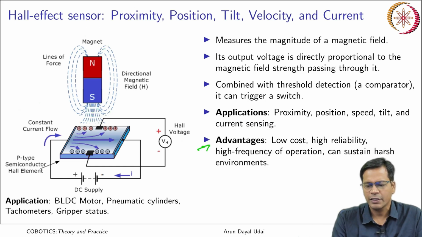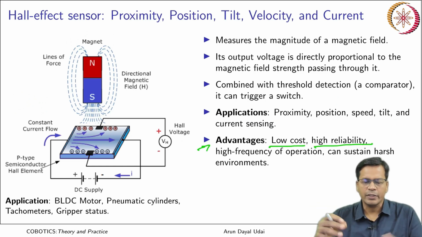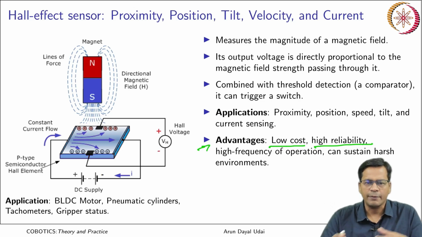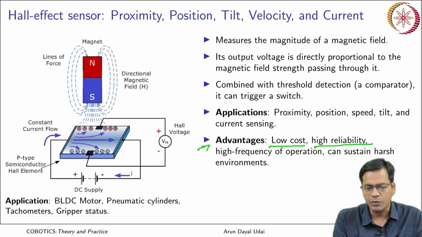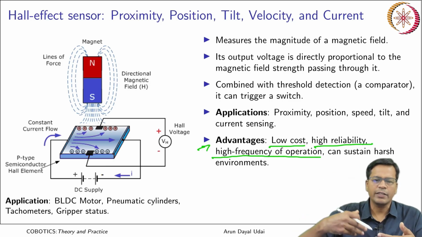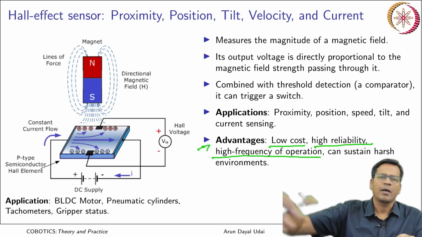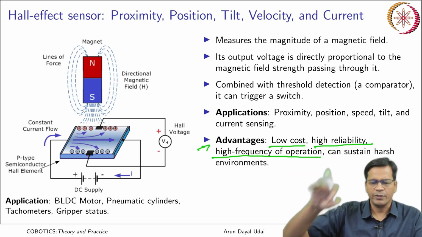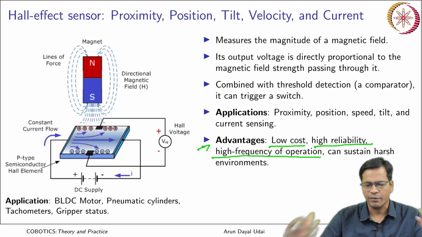Advantages are many. It is very inexpensive. They have high reliability because it is of non-contact type. It does not wear out with time. Okay. So, and also it can detect high frequency operation. That means it can detect very fast. Okay. So, you can just make it on and off, on and off. So, a set of magnets can pass by and you can count each one of them with a high frequency.